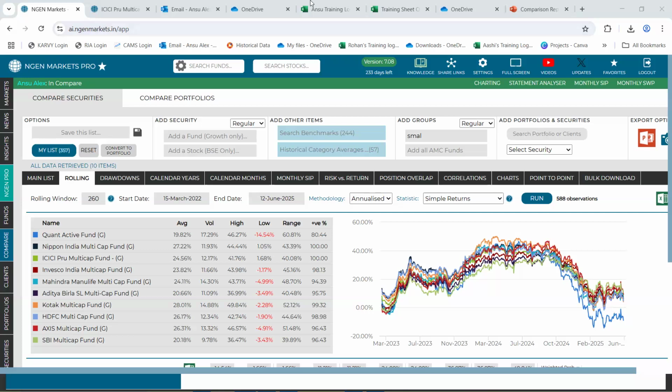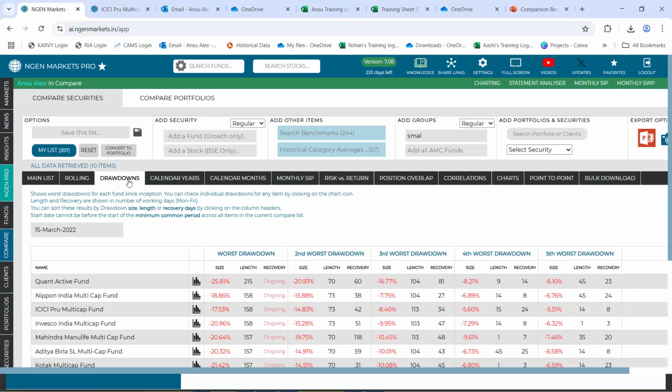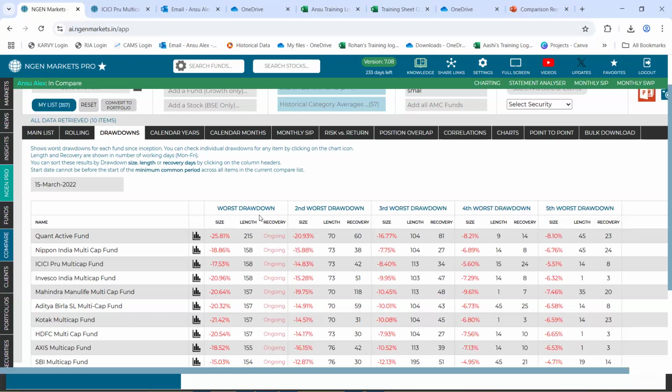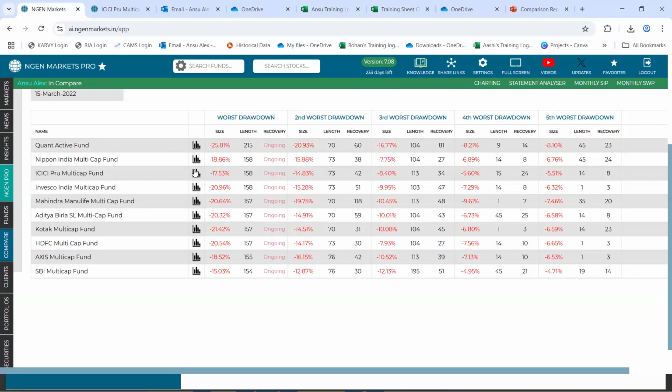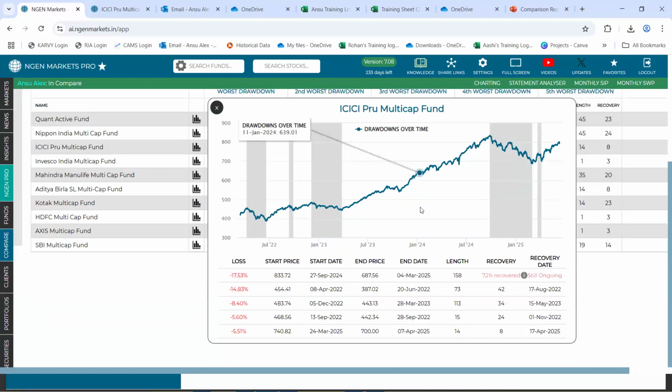Ma'am, could you please go to the drawdown section? Yes. Here it shows a chart of any scheme. So basically the chart line, what I understand is that between the start date and end date, any 260 days, that is a whole period, the max drawdown will be so and so number. The length will be for how many days the loss was there, is that the right way to assess that? I mean, here there is no such 260 days that will come under consideration.